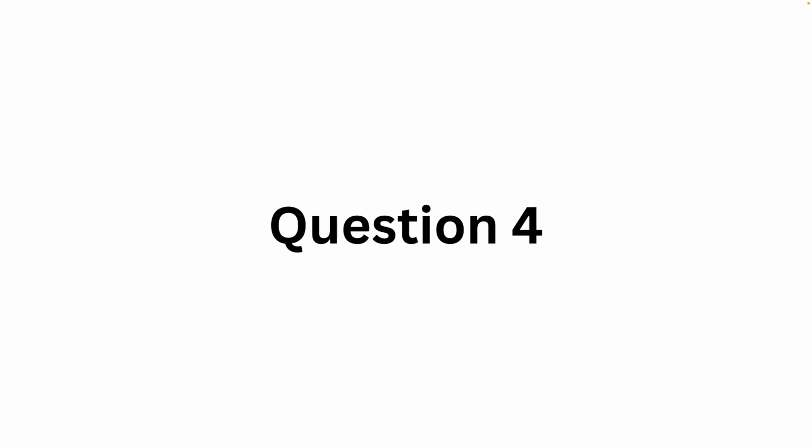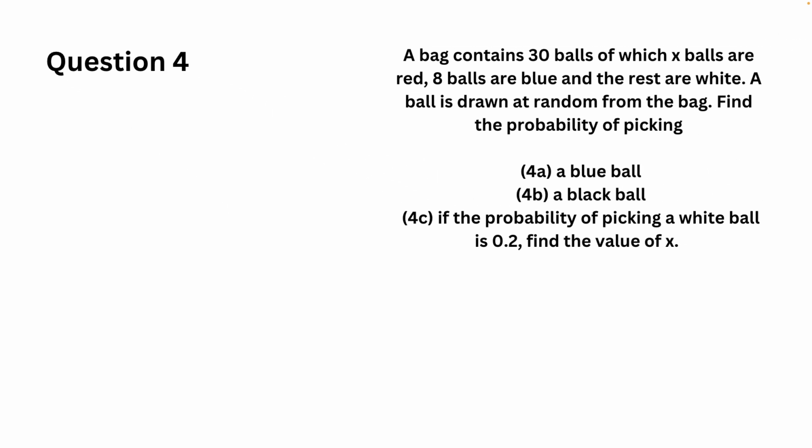Moving on, question 4. A bag contains 30 balls, of which x balls are red, 8 balls are blue, and the rest are white. A ball is drawn at random from the bag. Find the probability of picking A, a blue ball, B, a black ball, and C, if the probability of picking a white ball is 0.2, find the value of x. So A, we can just count 8 balls are blue. B is 0 because there are no black balls. And C,